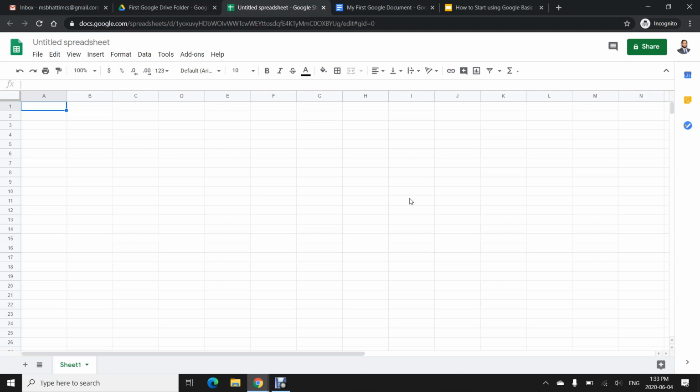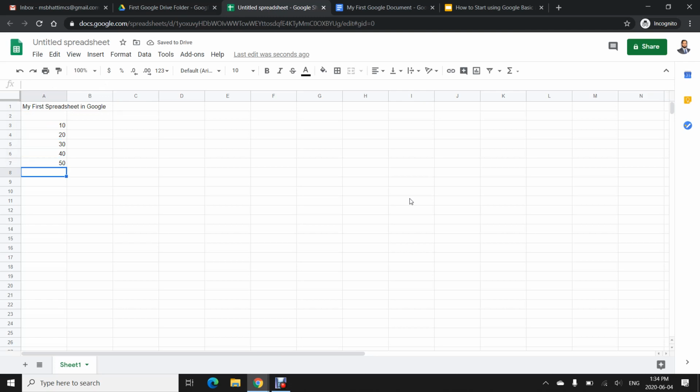I can type my first spreadsheet in Google. So you can have the basic functions like 10, 20, 30, 40, 50.